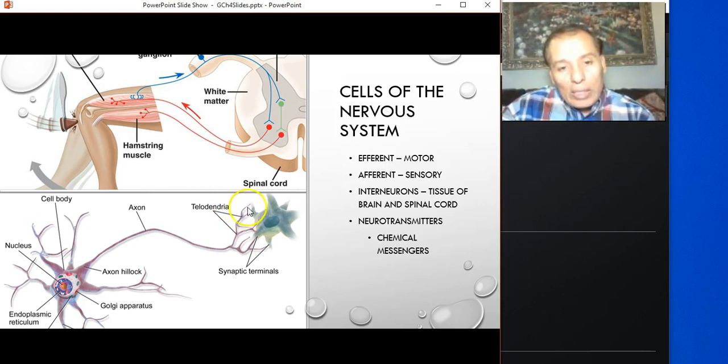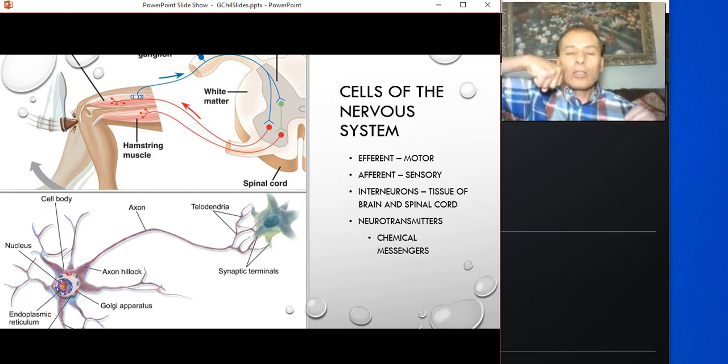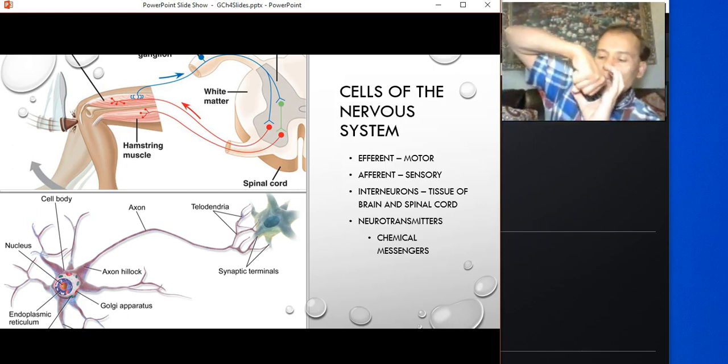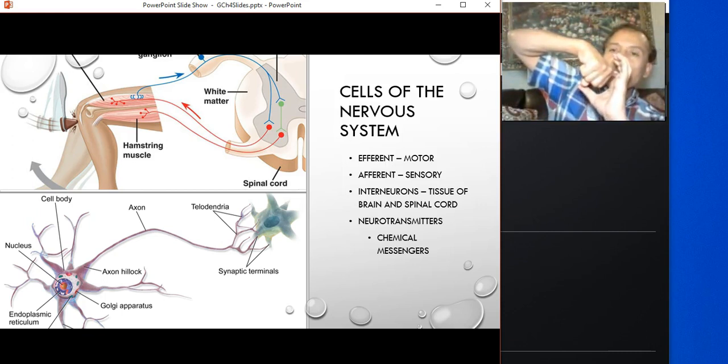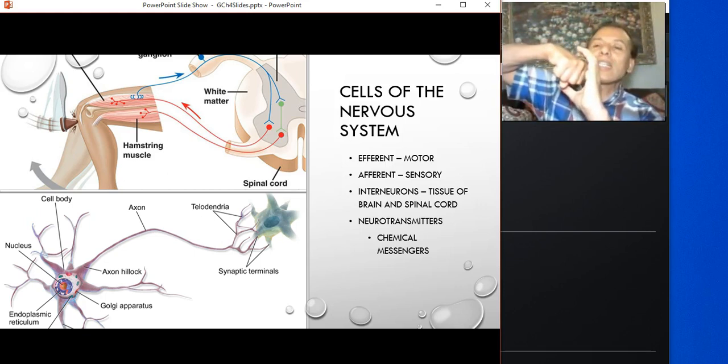When you look under the microscope at one of these synaptic terminals, it's shaped like a foot. And it goes to where the end of a dendrite is shaped like this, and the axon terminal goes like that. Between them, there's a little gap. These two pieces together and the gap between them are called the synapse.